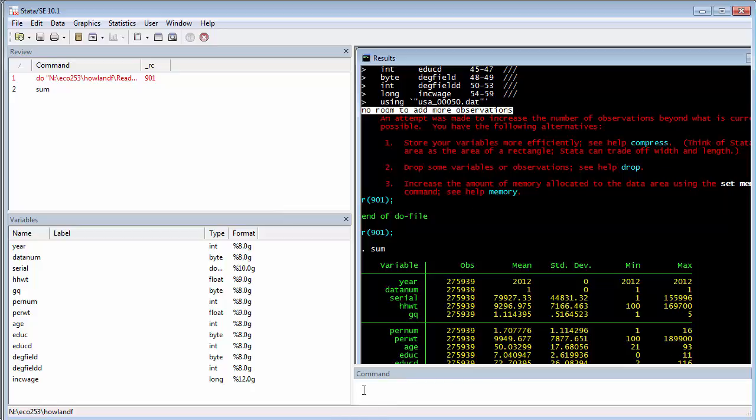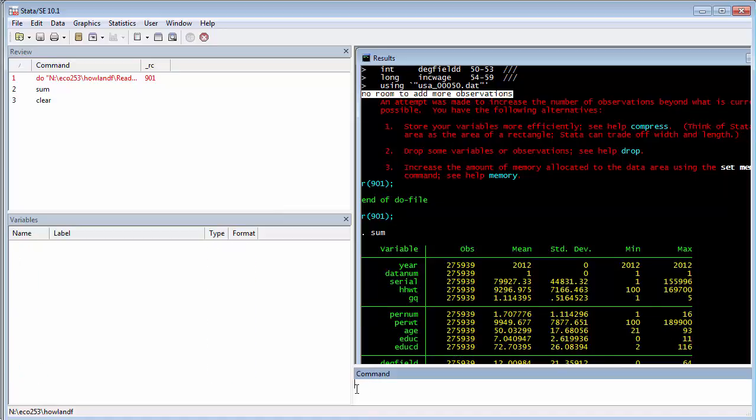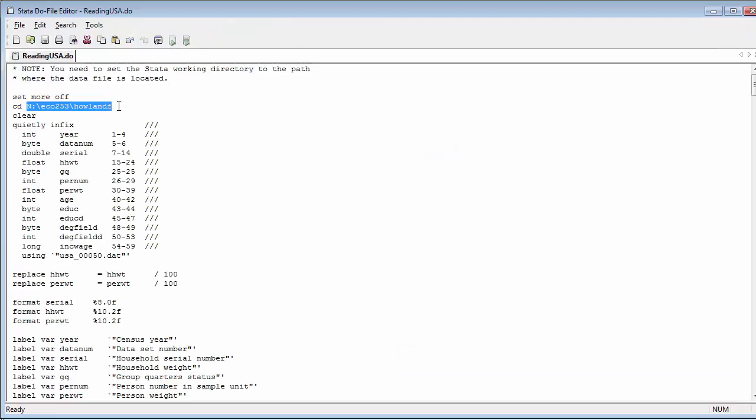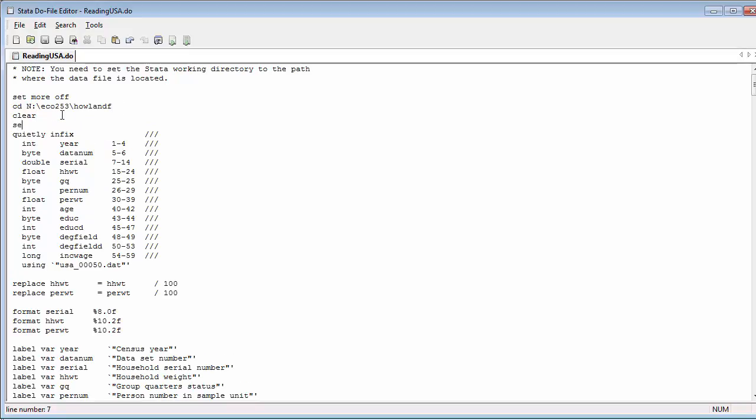What do I do? Well, first of all, I hit clear. And now the data is no longer in memory. Then I go back to my do file editor. Okay. And I change this. All right. So set more off, CD, clear gets rid of whatever's in memory. All right. And I'm going to go set mem